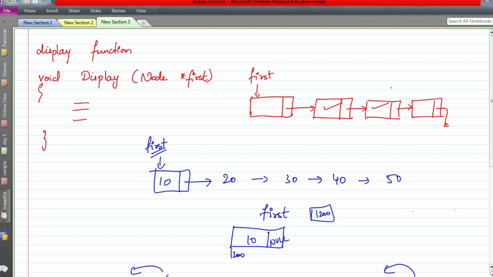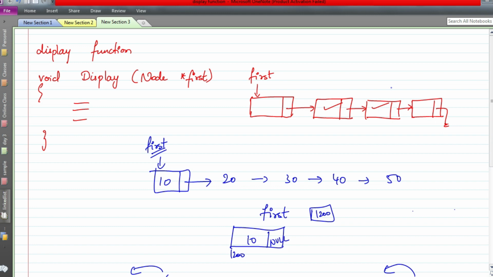Sometimes it's all up to your wish. You can think, what if the list is empty? You can start from that thought process, then move further. Then you can think, what if the list already has contents? I usually do it this way. I assume the list is already present, and based on that I write the piece of code. After writing, I think, if the list is empty, will this work or not? If the list has only one element, will this work or not? If that requires a special case, then I write it using different if else statements.